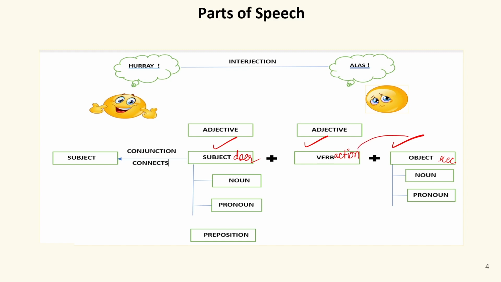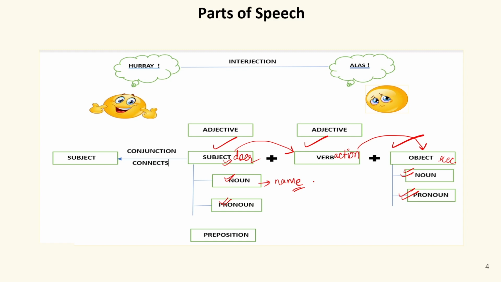Now, the one who receives this verb or this action is known as object, and the one who performs this action is known as subject. Now, this subject is generally made of noun or pronoun. In the same way, object is also made of either noun or pronoun. Now, let's see what noun and pronouns are. Noun is a name given to anything. You can say name of anything. N for name and N for noun. So, all the naming words are known as noun.